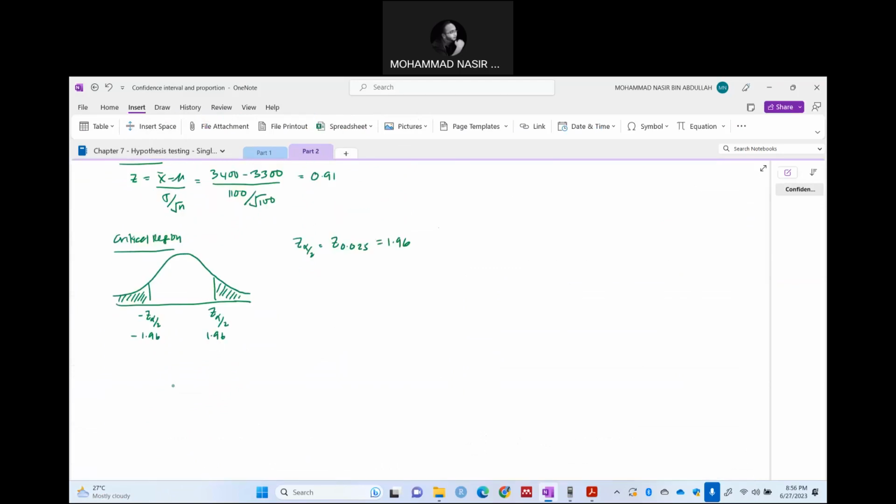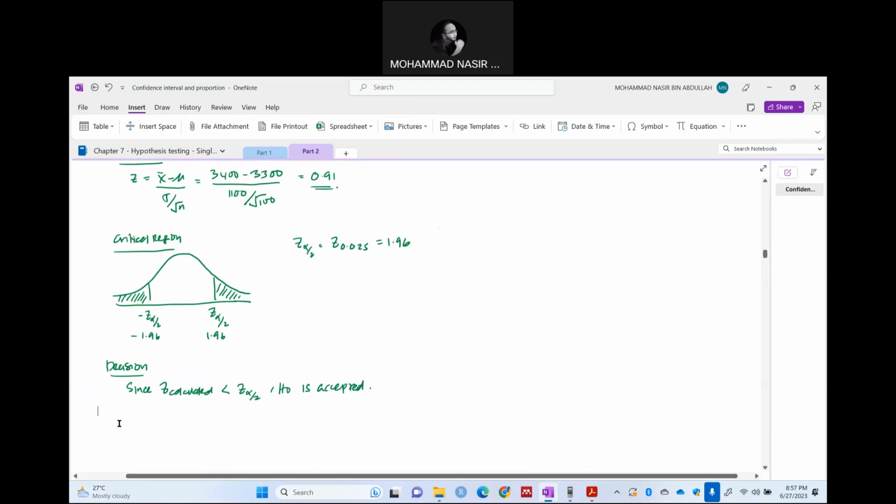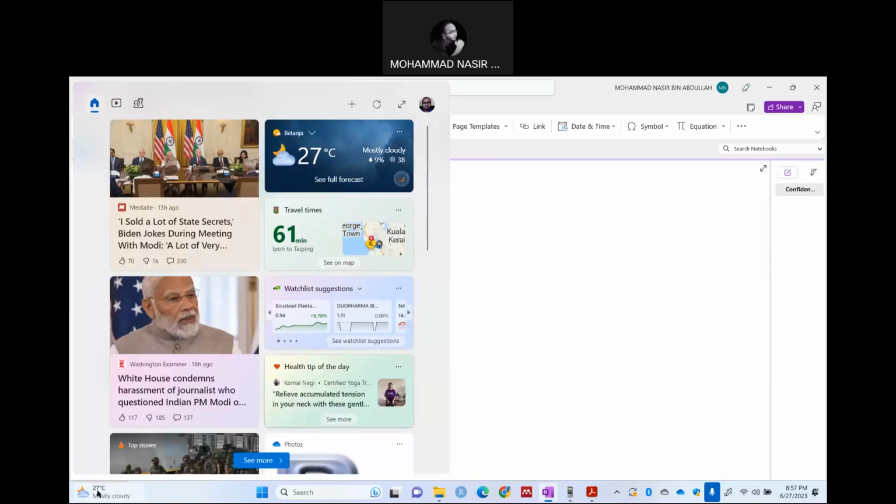Our decision here is, since Z calculated is less than Z alpha divided by 2, this is 0.91 less than 1.96, so null hypothesis is accepted. So our conclusion is we don't have enough evidence